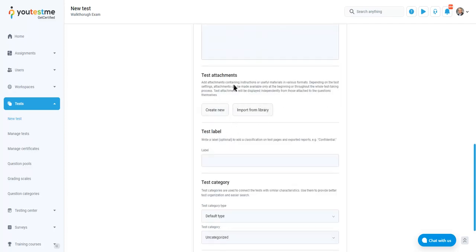attachments, which is very important to know because you can associate a PDF or something like that that can be opened during the exam, which allows students basically to access only the materials that you let them access during the